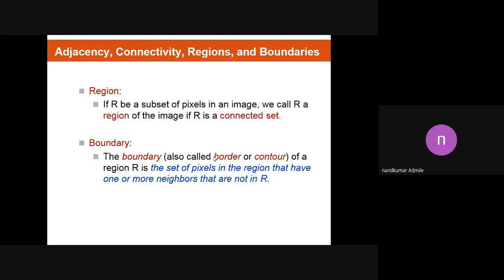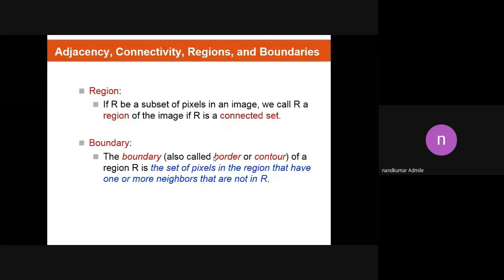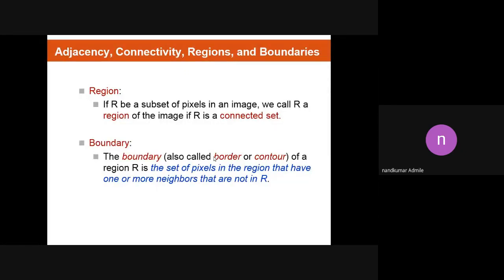Okay, so in the next lecture we can take the numericals and examples based on the basic relationship between pixels. Okay? If Google Meet is not possible, then we can take it on Zoom because we require some sketching part also. Okay? Any doubts?